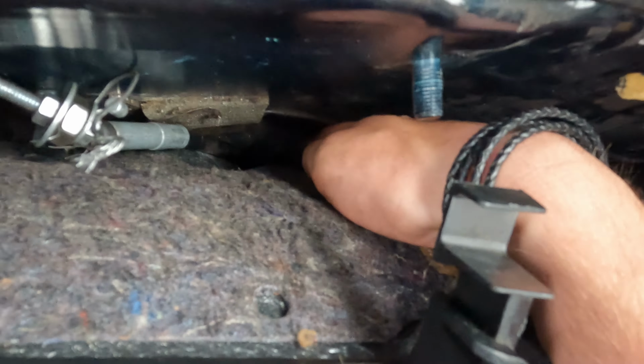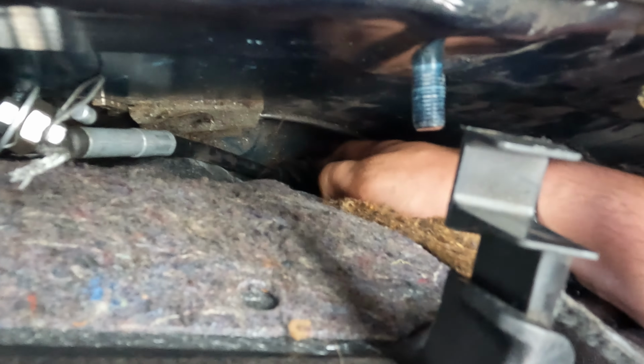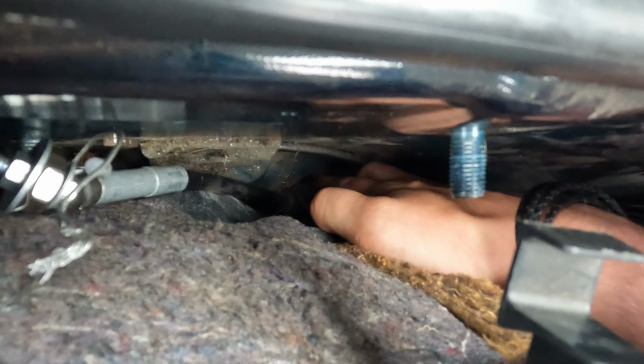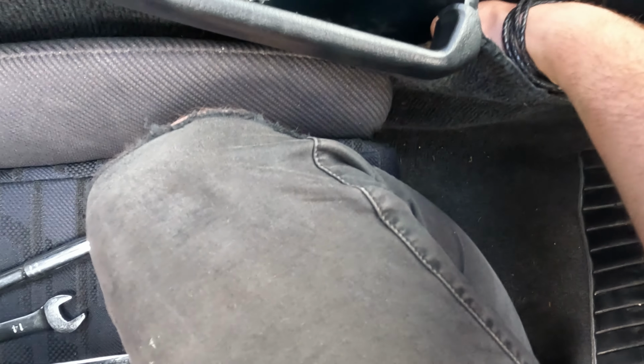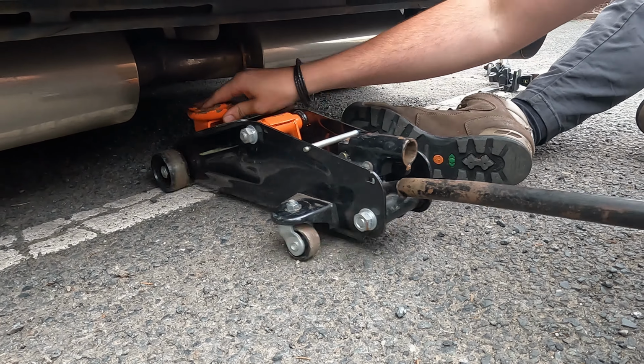So then without removing the seat rail, it's a little difficult to get to, but there's this little rubber that comes up, which I've just pulled up, and then from underneath I'll show you coming up to the actual centre of the car. I don't know if this angle's